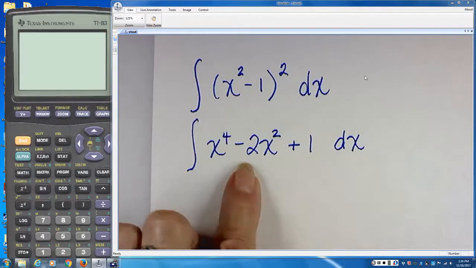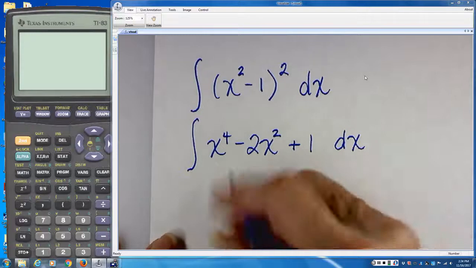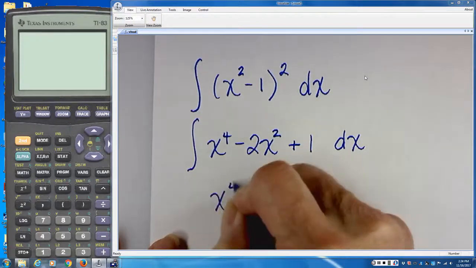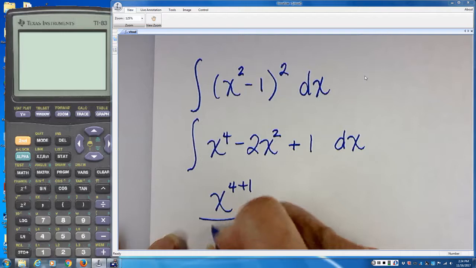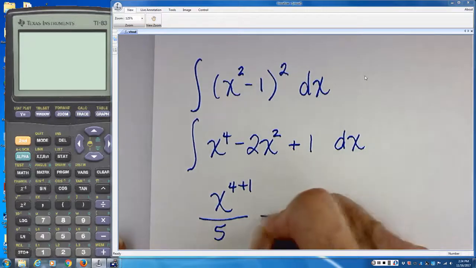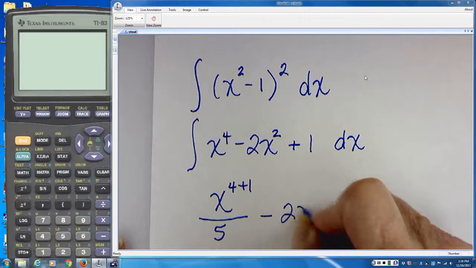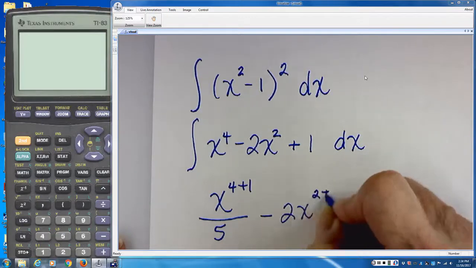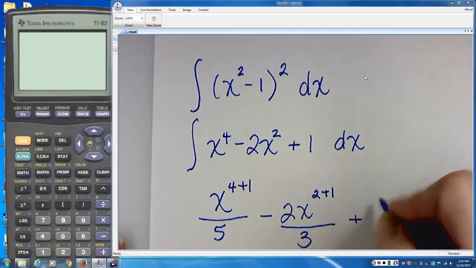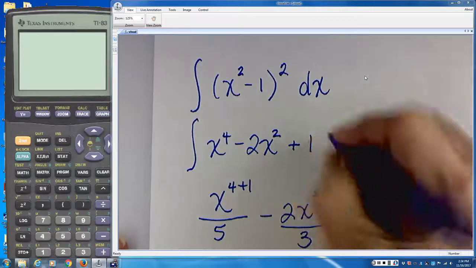And that's easy to find the integral of, because all we're going to do for that one is just apply your rules, which says this is x to the 4 plus 1 over 4 plus 1 is 5. I'm going to stop skipping that separate step. Minus 2x to the 2 plus 1, and 2 plus 1 is 3, plus 1,